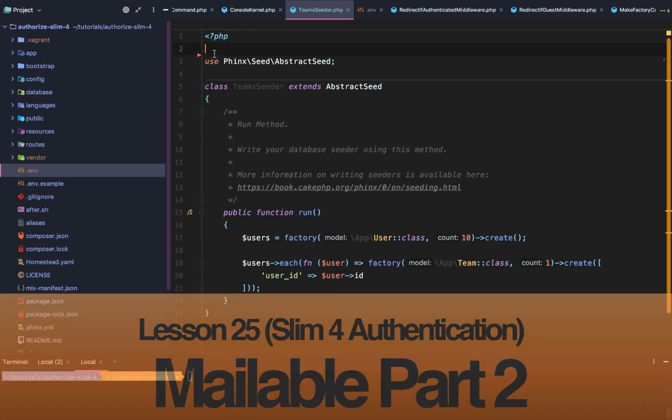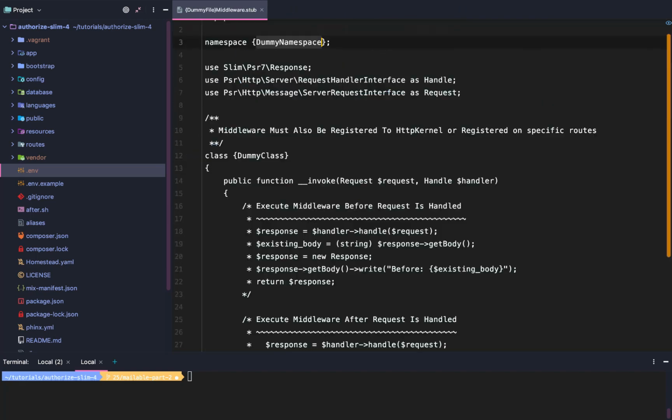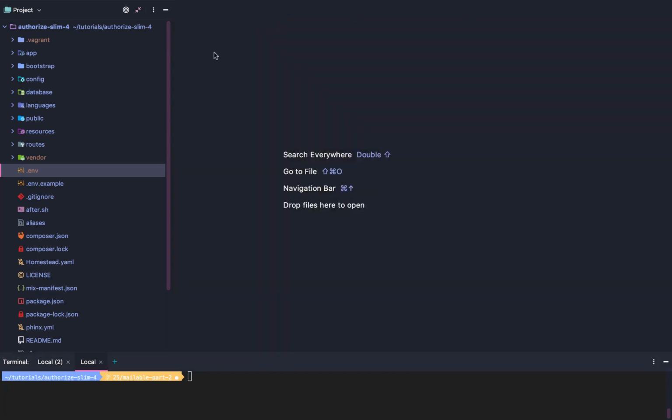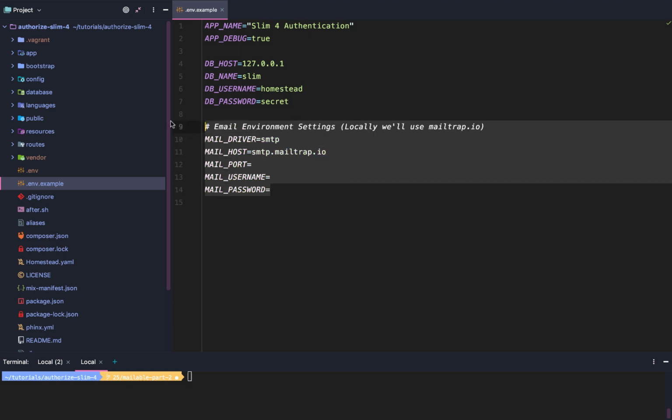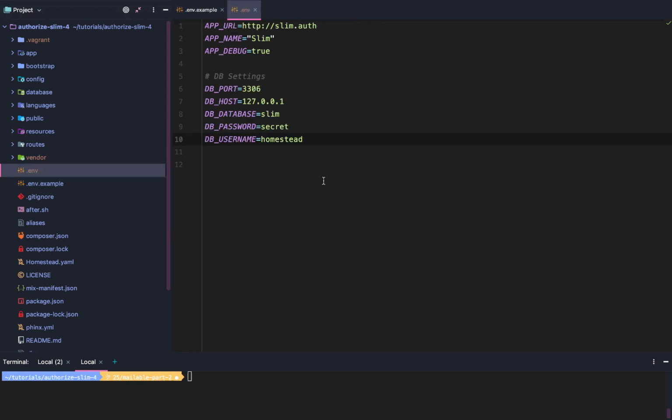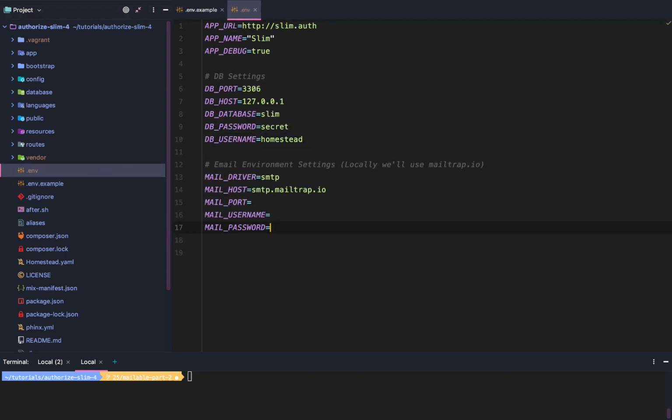Alright, so to get started, what we're going to do is, of course, close out all of those. We're actually going to start on our .env.example. We're going to copy these mail driver environment variables over to our .env. Now, once those are copied over, we're actually going to open